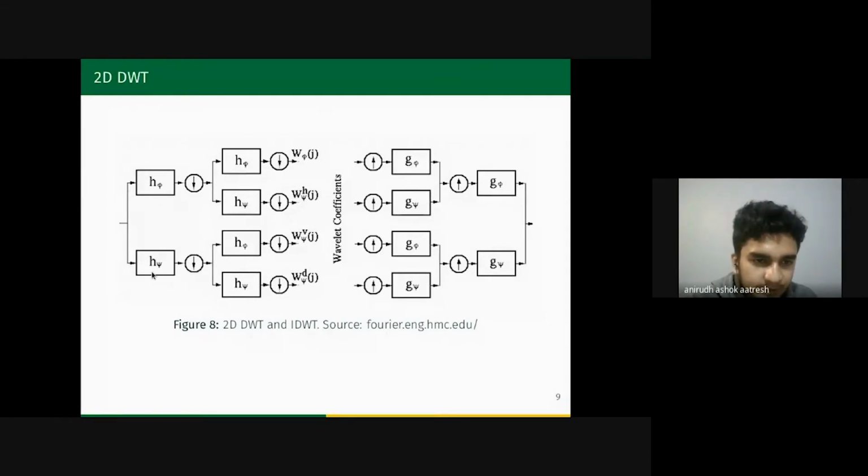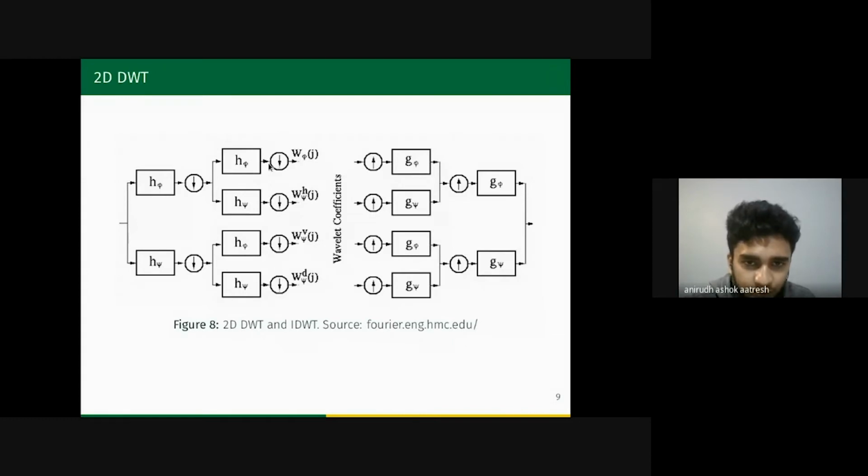So for example, if you have an image over here, this will give you high frequency components along the column axis, and this will give you low frequency components along the row axis. So W superscript V subscript psi of j will contain the wavelet coefficients representing the high frequency components along the column axis and the low frequency components along the row axis.